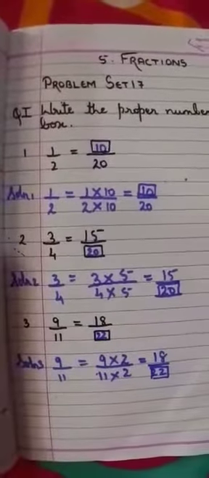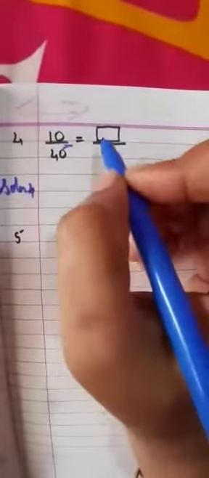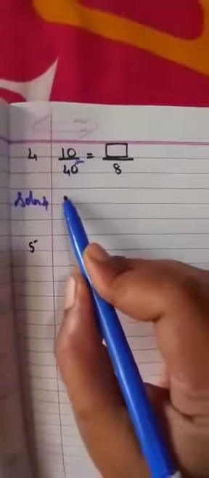Now we'll move on to the fourth sum. So in fourth sum, again, solution 4. So here in the previous sums, we have seen that the number which is given and the number which we have to find, if the finding number is less than the question, then we have to do the division. And if the finding number is more than the question, then we have to do the multiplication. So here the answer which we have to find, here it is less than this number, that is the question. So we have to do here the division.